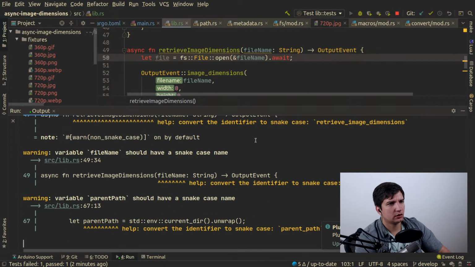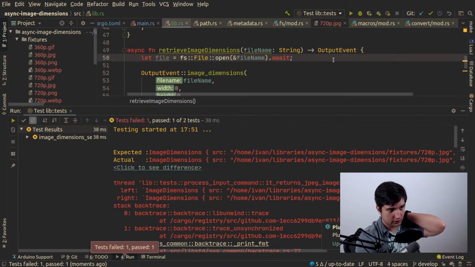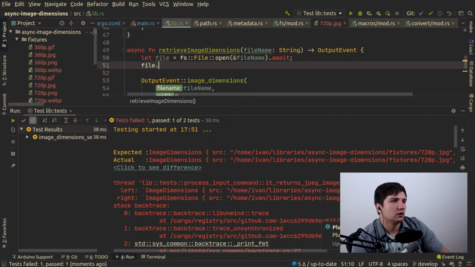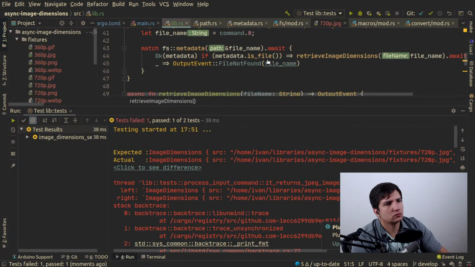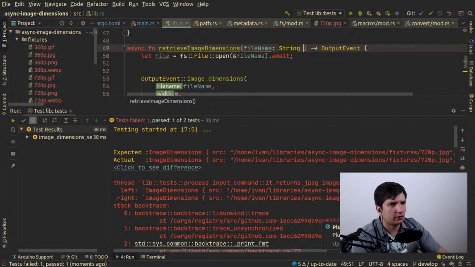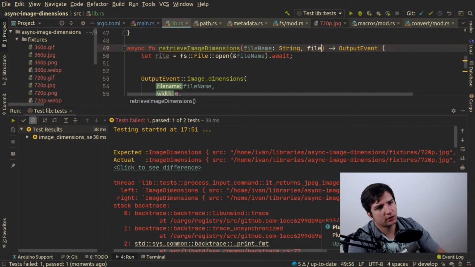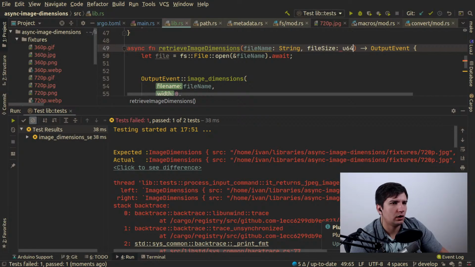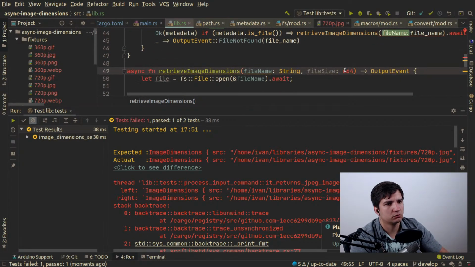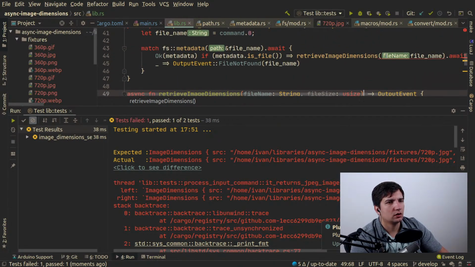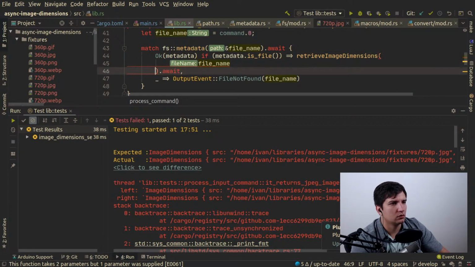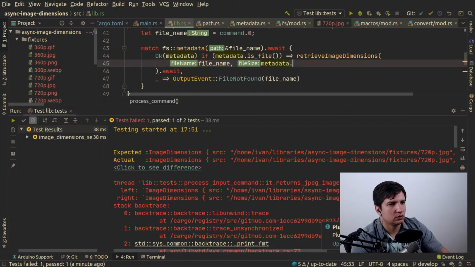File open, and let's see. Does it compile now? Okay, this is good. And then we also probably want to let our function know the file size, right? I don't know, maybe it's a large one, or maybe just use size just in case. And here we're gonna return the metadata that